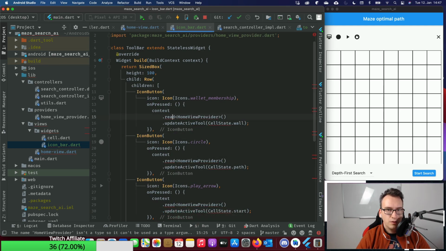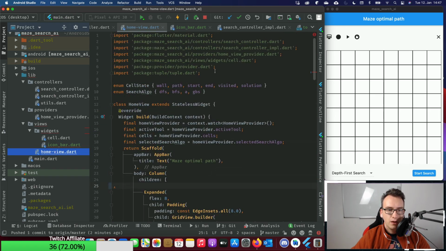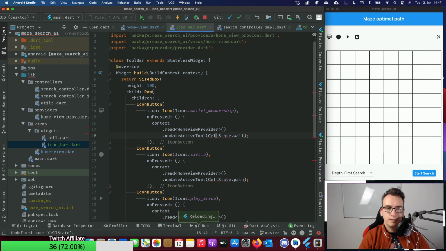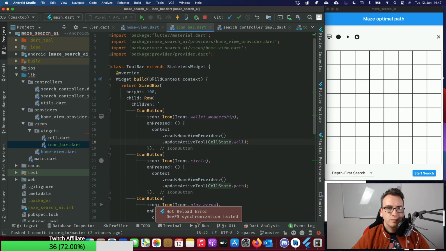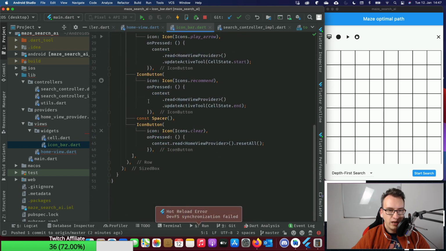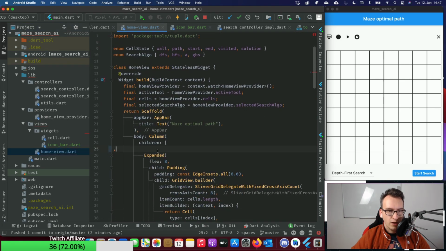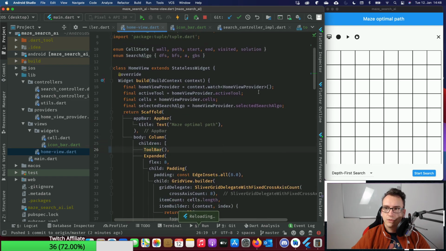Import this. The read. Because it doesn't import provider automatically. Up. And bring that in. Getting the cell state. Okay, and with that we have our first extraction, getting a little bit lighter in our main widget. That's good. And also get that here, imported. Good. So our toolbar should still look exactly the same as before.